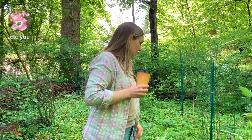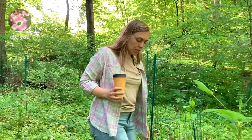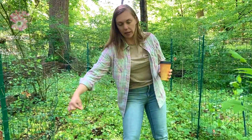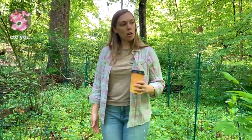Isn't that a jack-in-the-pulpit? A big thing or not? This is jumpseed, Persicaria virginiana. So in summer, you'll see these guys get long spikes of little teeny white flowers, and it's called jumpseed because when those flowers turn into seeds and those seeds mature, if you walk by it,